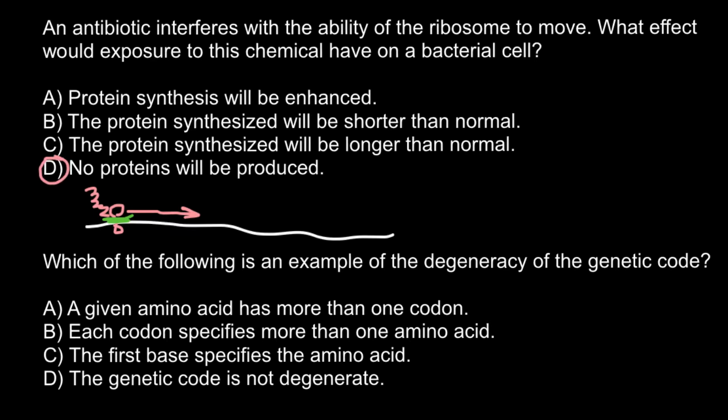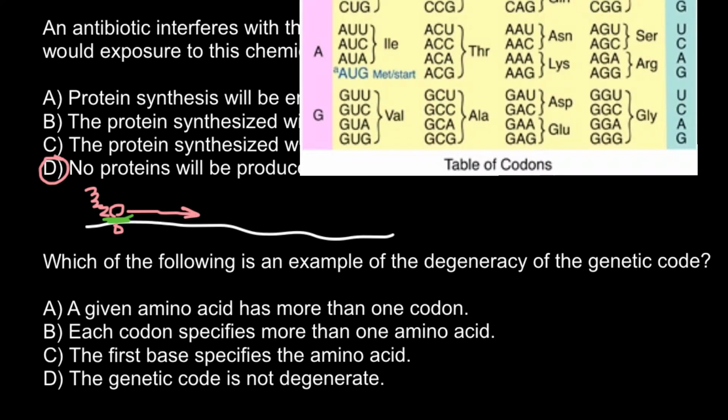And next question, which of the following is an example of the degeneracy of the genetic code? Answer A, a given amino acid has more than one codon. Answer B, each codon specifies more than one amino acid. Answer C, the first base specifies the amino acid. And answer D, the genetic code is not degenerate. We would be able to choose the correct statement if we take a look at